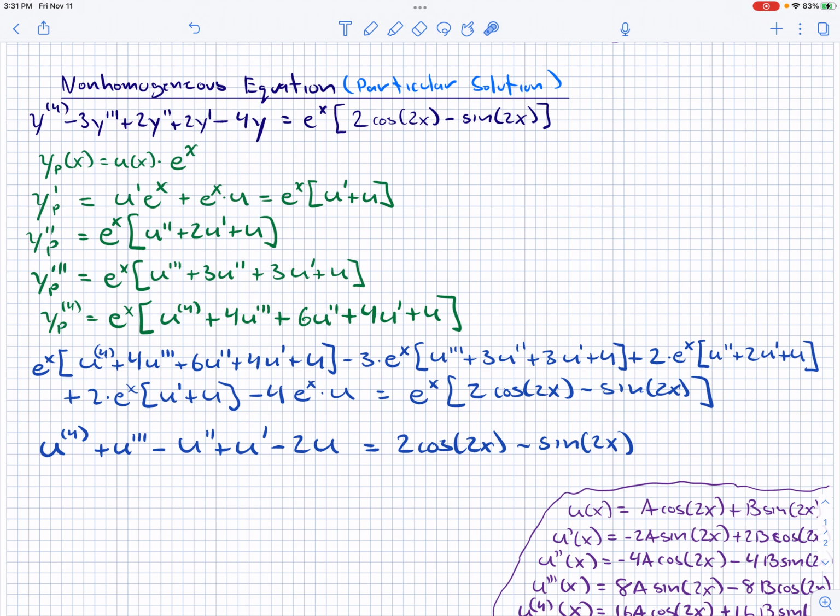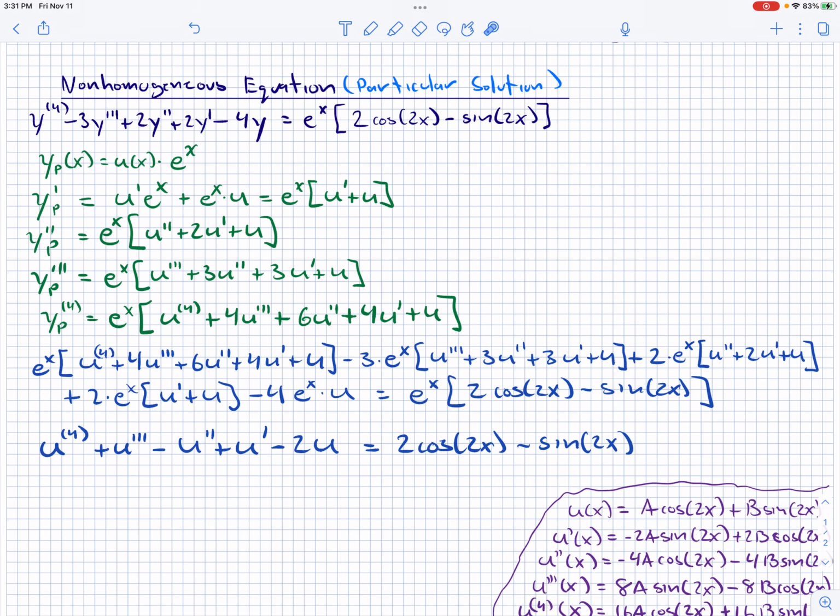So that's nice. So dividing the e to the x out, and then of course simplifying all the primes and such, you get this fairly straightforward differential equation involving u of x,